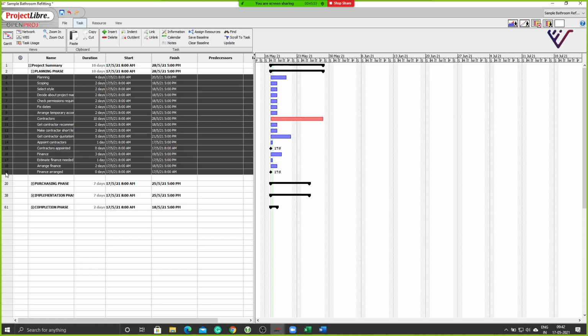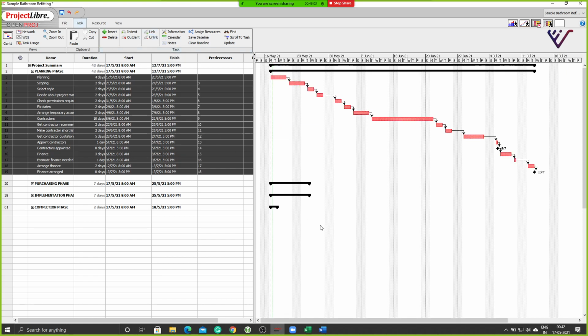Now, if all of your activities are sequential in nature and they are happening in the finish to start system, that is, one activity needs to finish for the other to start, then the easier option to create your linking is by just selecting the activities and clicking on the link option here under task. Can you see that button there? Link. So when I click on that link, notice what is happening now. All the activities are happening one after the other. Clear?